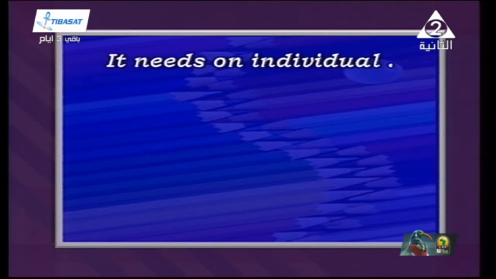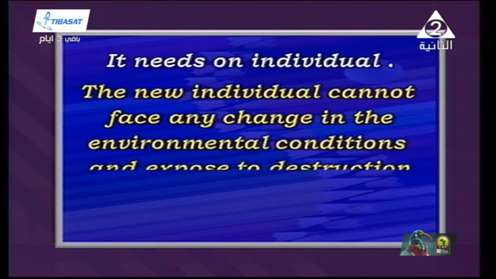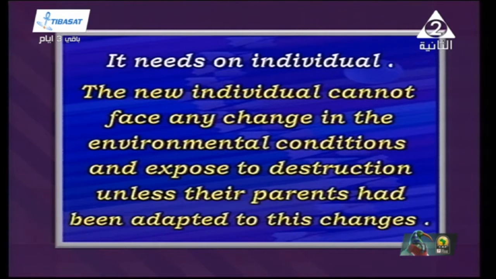Also, asexual reproduction needs just one individual. For your information, the new individual cannot face the change in the environmental conditions. What does that mean? If you have male and female, and they mate to reproduce, to give us a new individual,